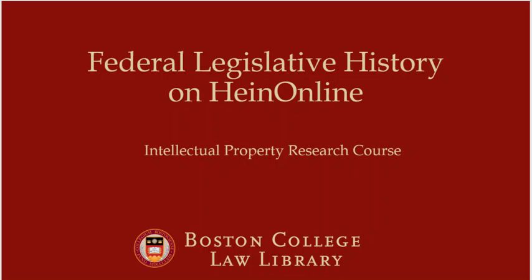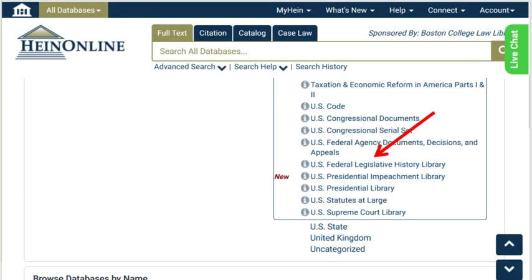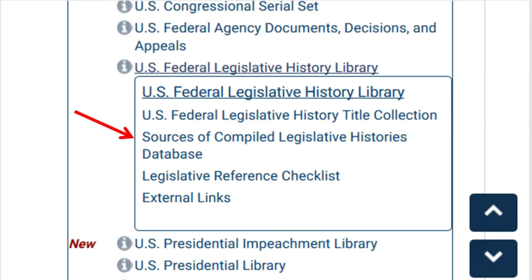Federal Legislative History on HeinOnline for the Intellectual Property Research course at Boston College Law School. After linking to HeinOnline from the Law Library homepage, you can expand the U.S. federal databases or browse the database by name to select U.S. Federal Legislative History Library. For easiest access to legislative history materials in HeinOnline, start in the Sources of Compiled Legislative